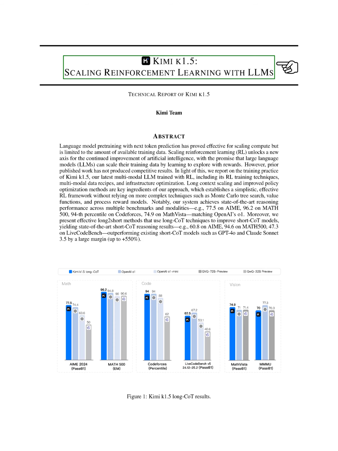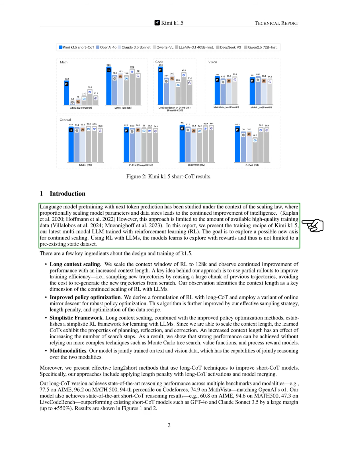Section: Introduction. In this section, we discuss our exploration of language model pre-training through next token prediction, particularly in the context of scaling laws. We recognize that simply increasing model parameters and data sizes has its limits due to the availability of high-quality training data. Here, we introduce Kimi k1.5, our latest multimodal language model trained using reinforcement learning, RL, aiming to find new ways